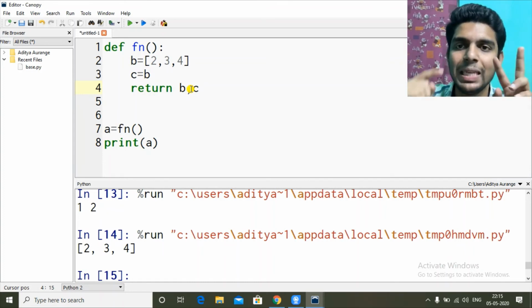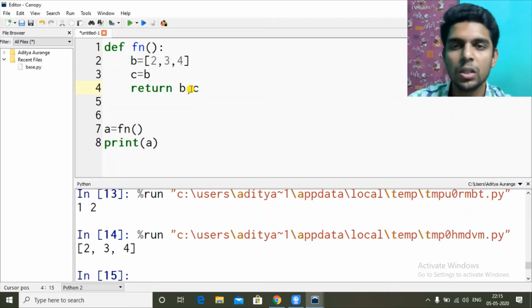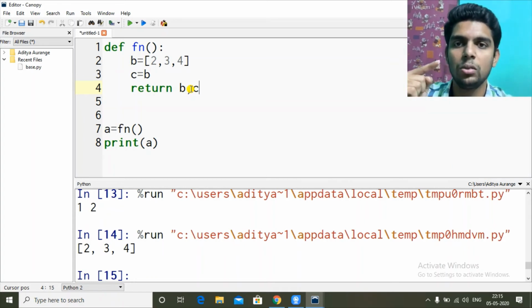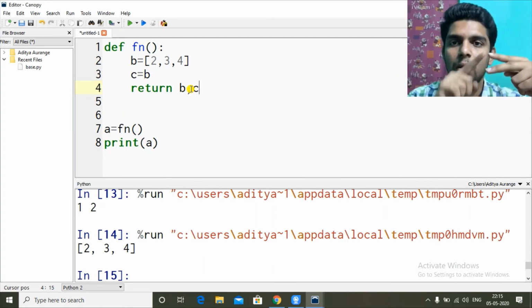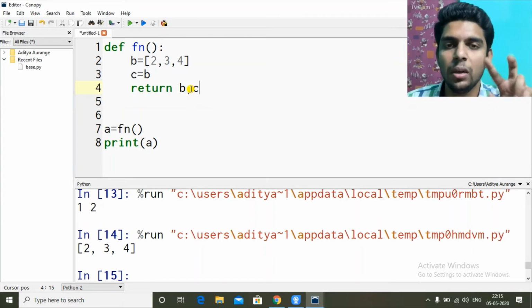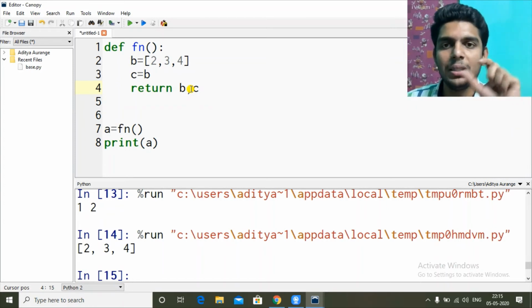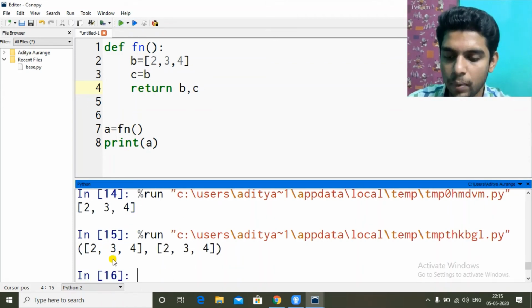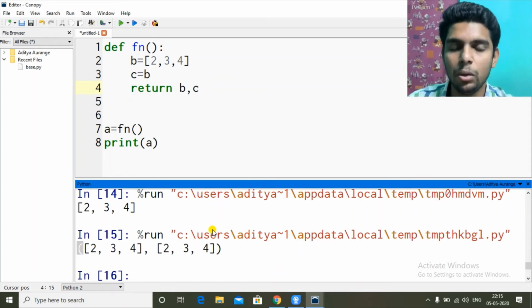So both of these lists will be received in this one variable. The two 1D lists will be clubbed together inside a tuple, so I will get a 2D tuple which contains two 1D lists. Let's see the output. See, a tuple, the enclosing brackets are round brackets, so it's a 2D tuple which contains two 1D lists.